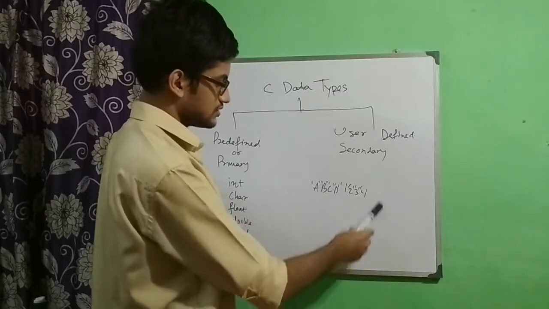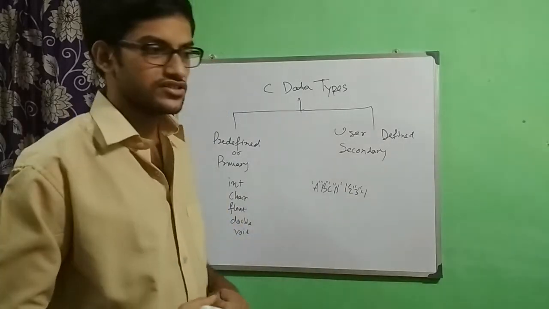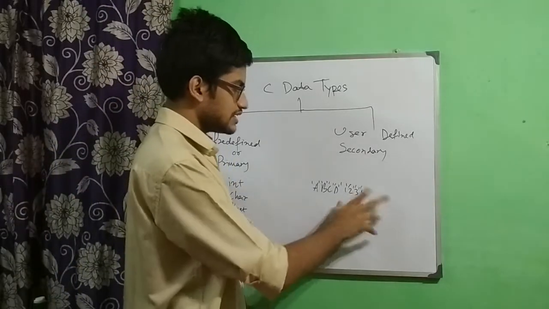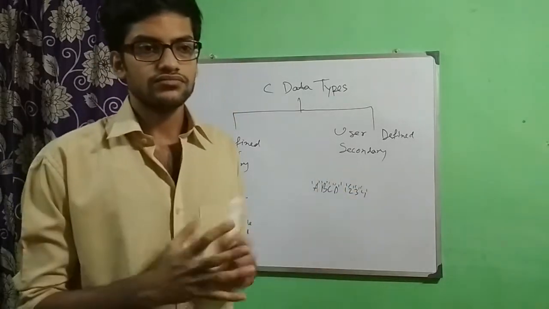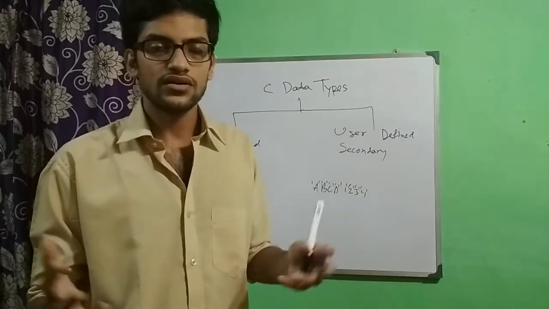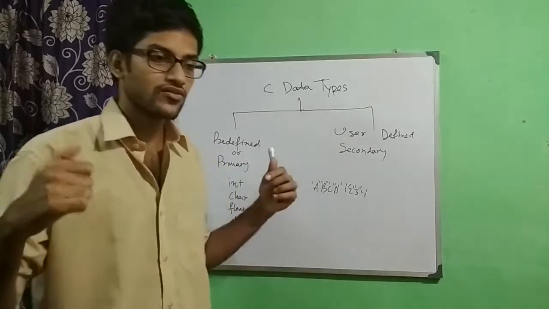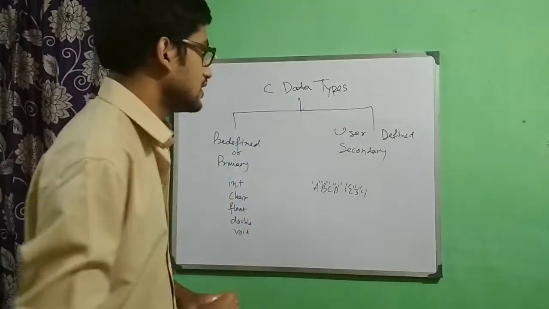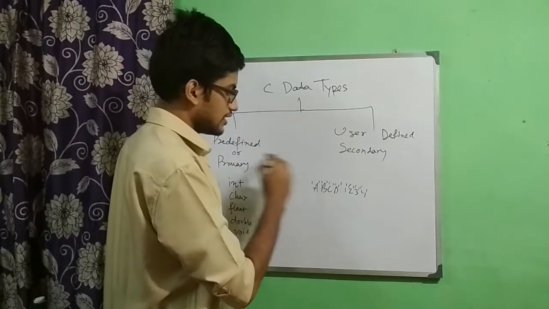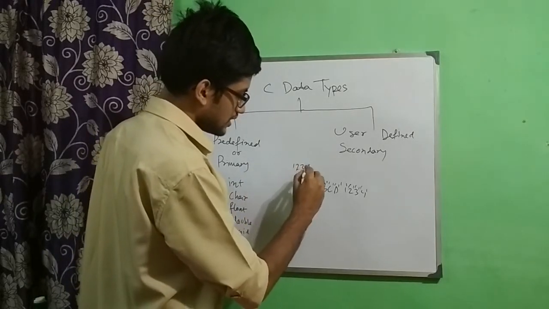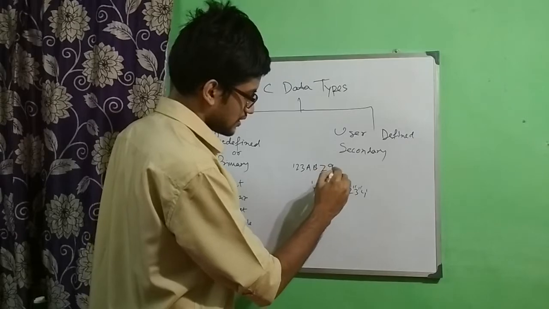the whole thing is known as the string. String means a collection of characters. So when I have A, B, C, D, any number of characters or letters or numbers, when they are all concatenated or joined together, like let's consider a code like 1, 2, 3, A, B, Z, 9, 2.